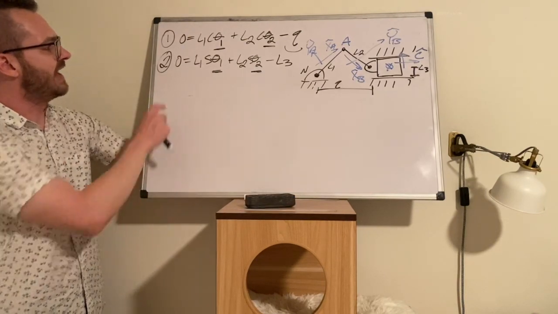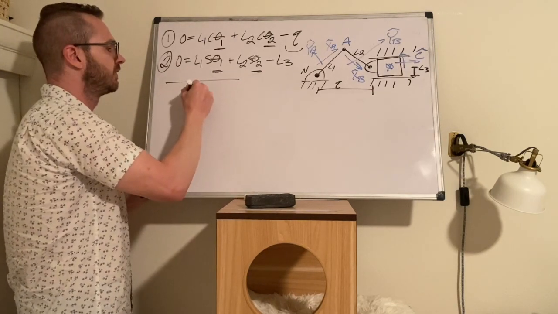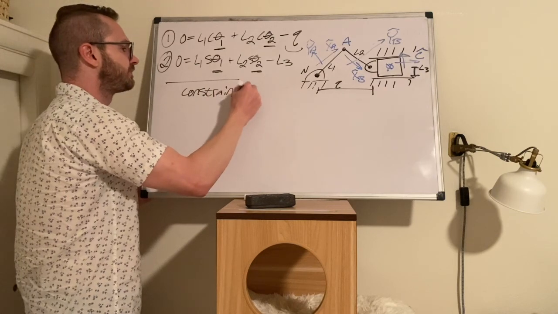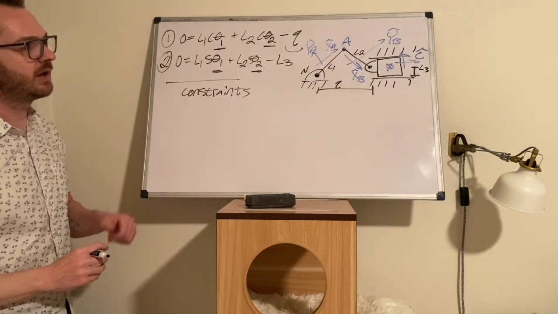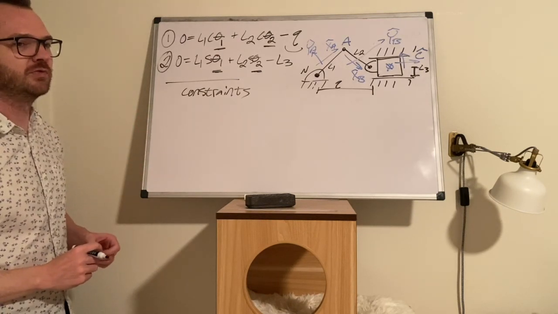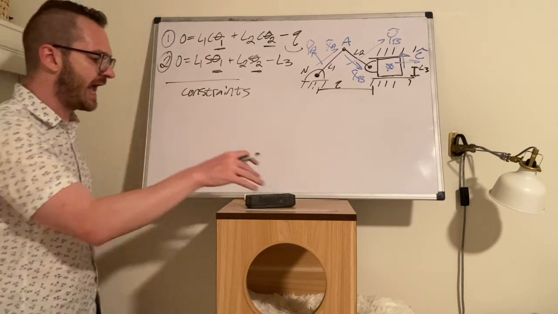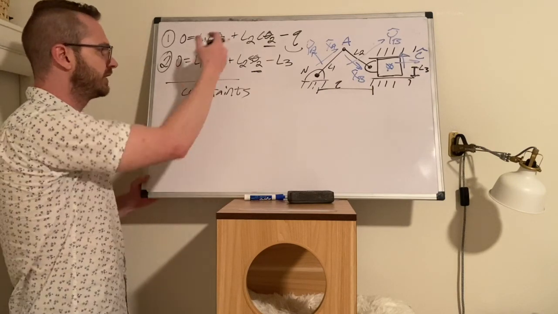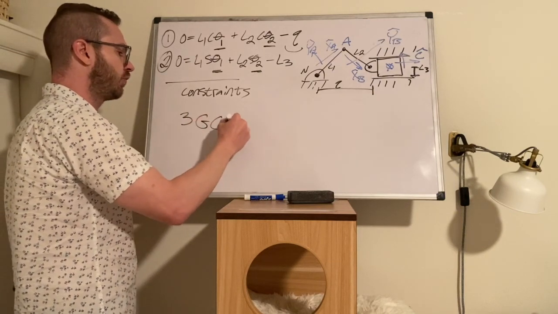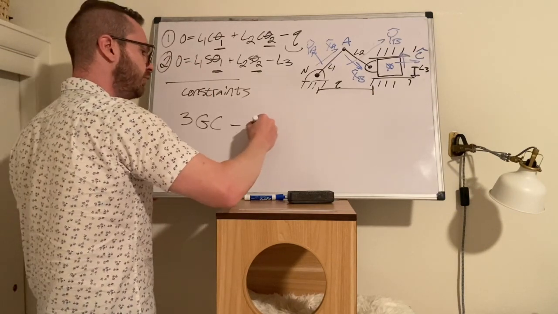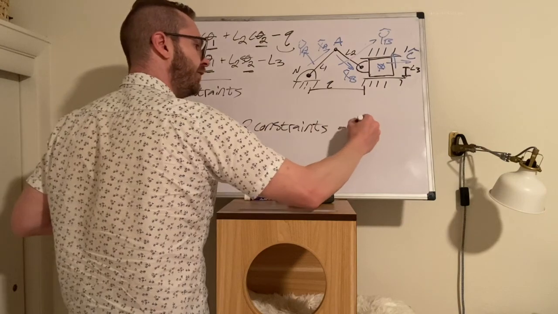So at this point, these two equations, these are your constraints. They're scalar equations and they contain the unknowns. And if we were so inclined, we could do some nice math and we could use them to solve. So what do you do next in the problem? I'm going to ask that you do one more thing, and you kind of tie all this stuff together, and you tell me that there are 3 generalized coordinates. You have 2 constraints, and that is going to leave 1